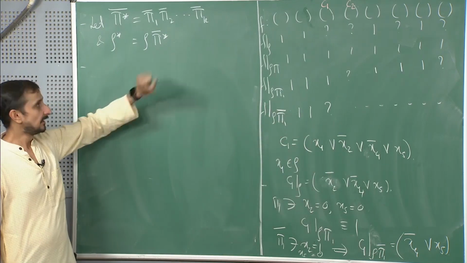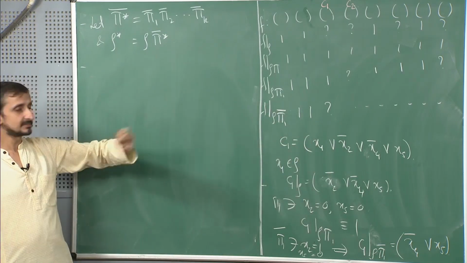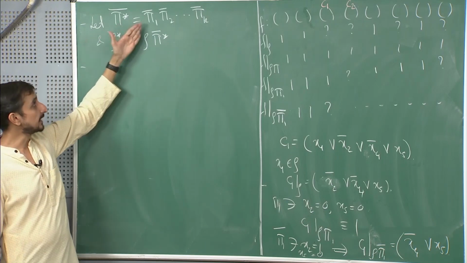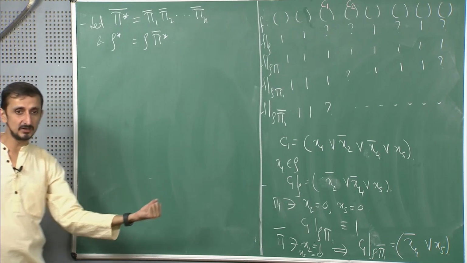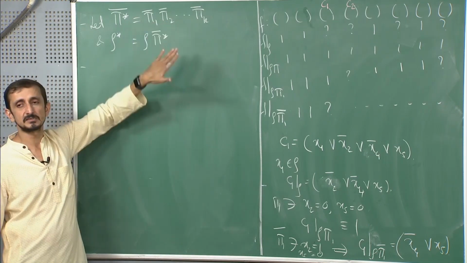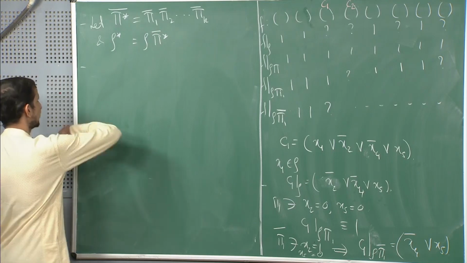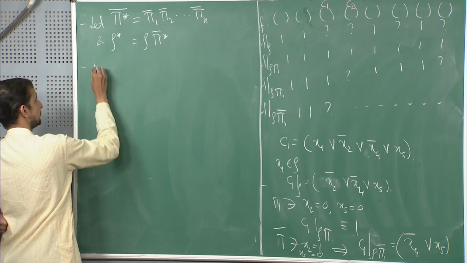So, that will give us... Now, the question is that we can identify these clauses in this manner, but how do I get pi 1 pi 2 bar? Okay. So, I said that with a little bit more information I can actually get what these restrictions are as well. That is what I will define next. Okay. So, define